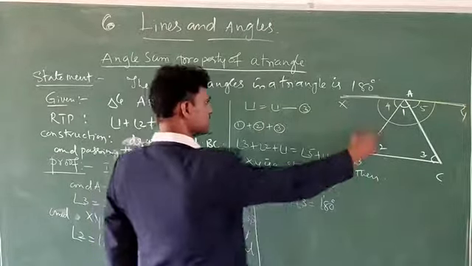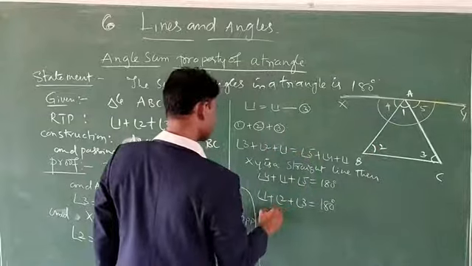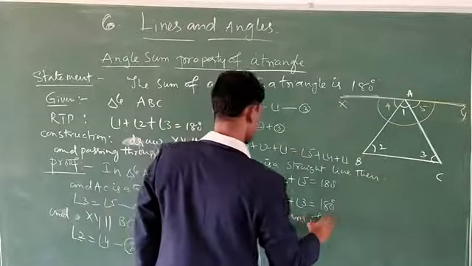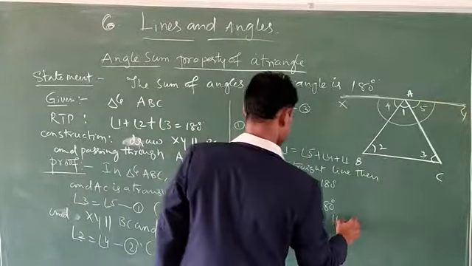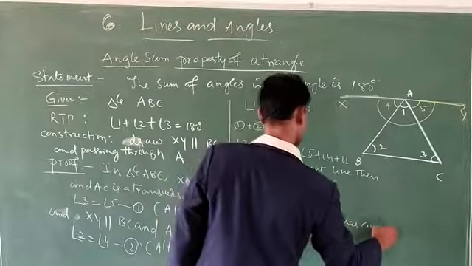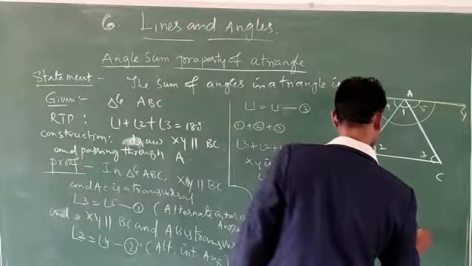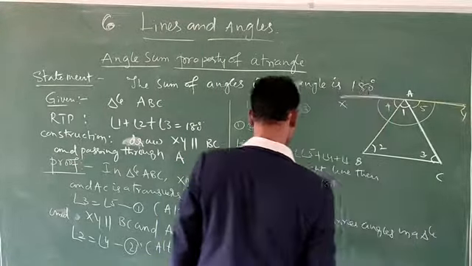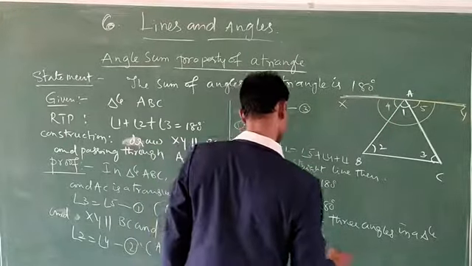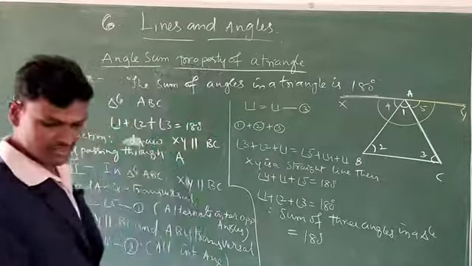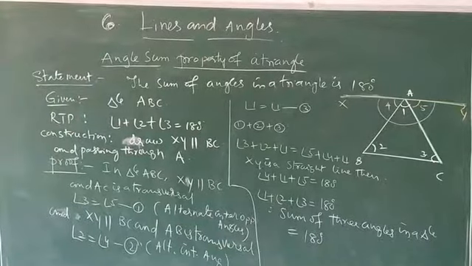Therefore, the sum of the three angles in a triangle is equal to how many degrees? 180 degrees. Henceforth, okay, note down. Next,